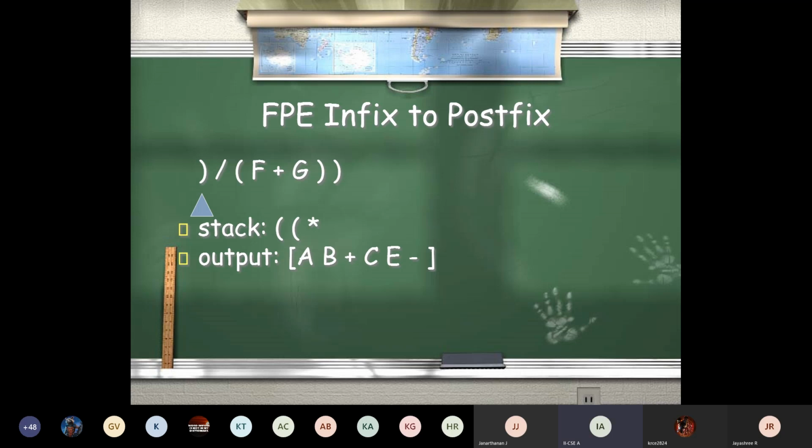Next, once again you are having one more closing bracket in your input. So when you are having a closing bracket, the same, you have to pop the stack contents till its open bracket is encountered. Now we are going to pop the star and write it into the output, and we are going to remove this open bracket also from the stack. So star will come here and that open bracket will go off. We don't want that open bracket. Then you are having a division operation. When you are having an operator, write it into the stack once again. You are having an open bracket next.